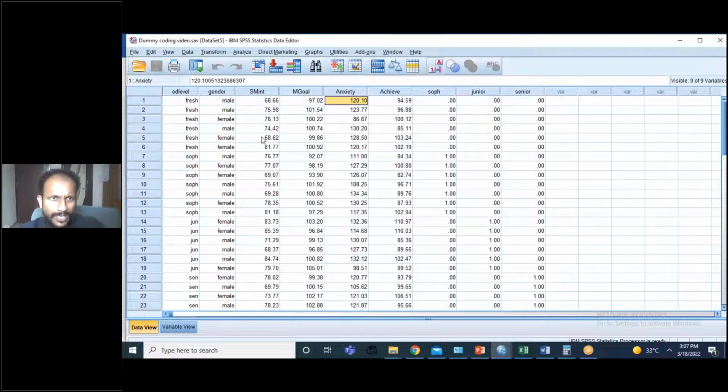The one which I'm seeing, are you able to open this? Did you open the data that I have shared with you in your laptop using SPSS? Are you able to see this window? Yes, sir. Now, in this window,